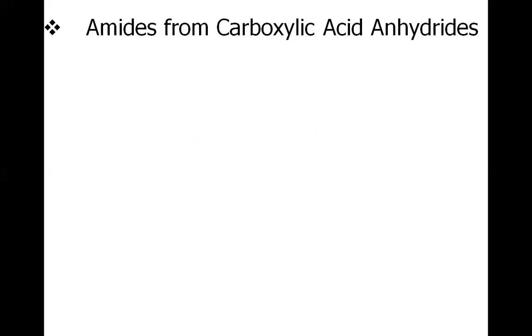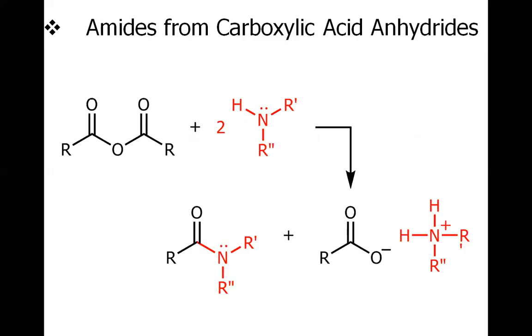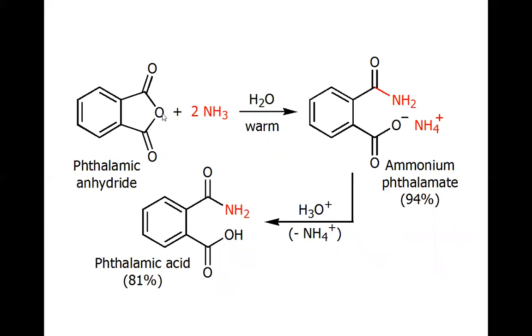We may also form the amide from the carboxylic acid anhydride, and similar reaction, only difference is the starting material. Initially in the last reaction we used the acid chloride, this time we have used the acid anhydride, and we have the 2 moles of dialkylamine to have this secondary amide, and we may also use the primary amine to have this primary amide. Here you could see that this is the anhydride, but this is the cyclic anhydride, and we use the two equivalents of ammonia.